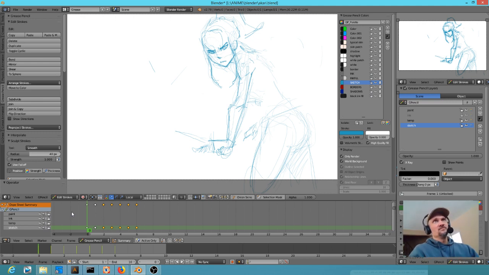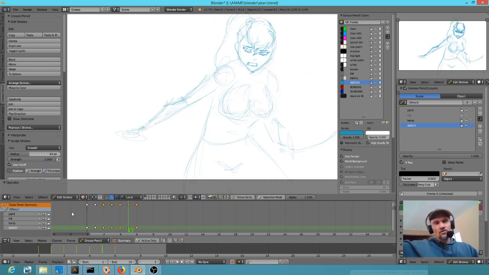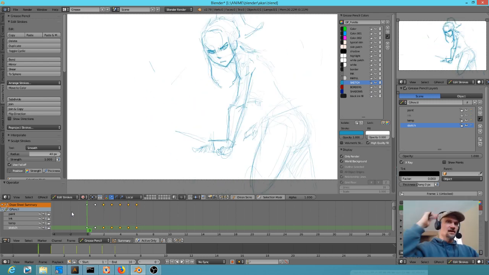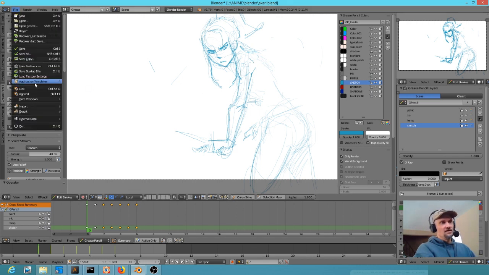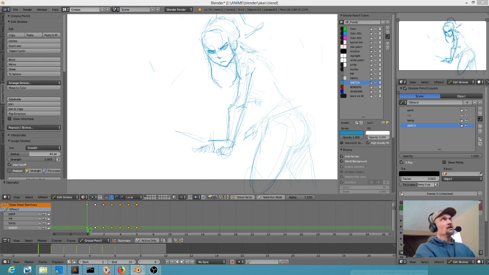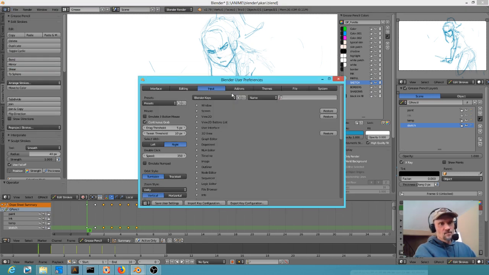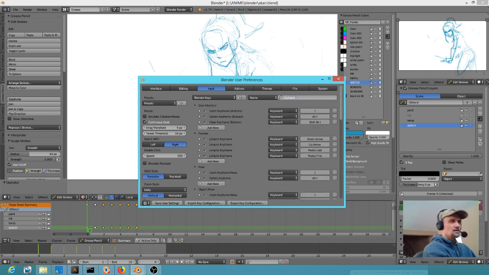I know this is probably nitpicking, but to me, when I'm going downstream, down the road, I'm going down. And obviously when I'm going back, I'm going up. So for me, I just reversed the hotkeys. So if you don't know how to do that, you just go into your user preferences, and I need to move this down here. And then in input, if you just search here on keyframes,